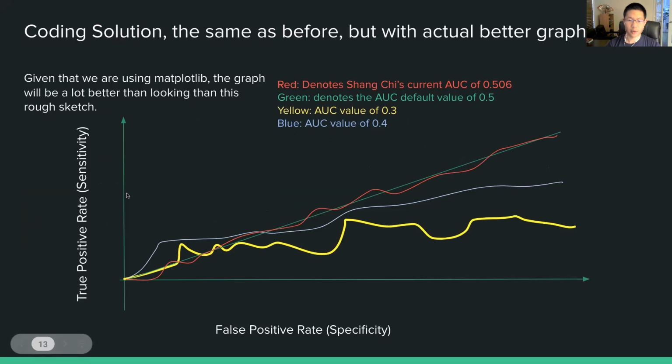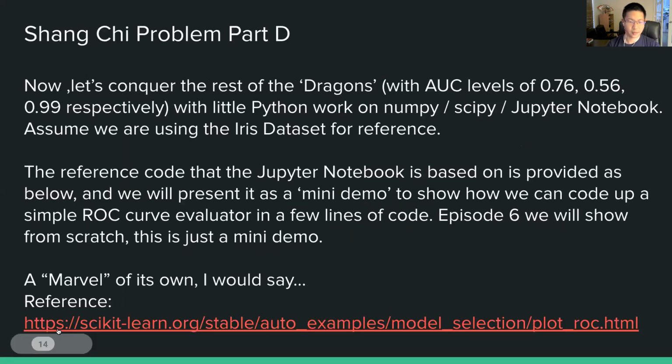Matplotlib will make this a lot better looking by using something called the iris data set. In the iris data set, you have basically three different classes to deal with: iris versicolor, iris virginica, and, I don't know, there's another iris species, three of them. Once you see that, you'll understand what I'm talking about.